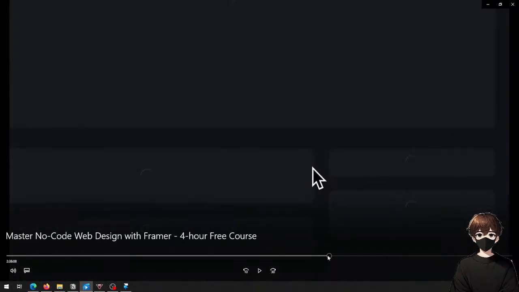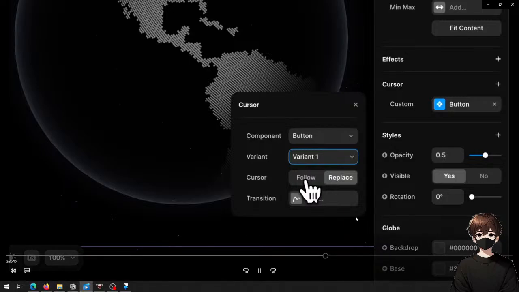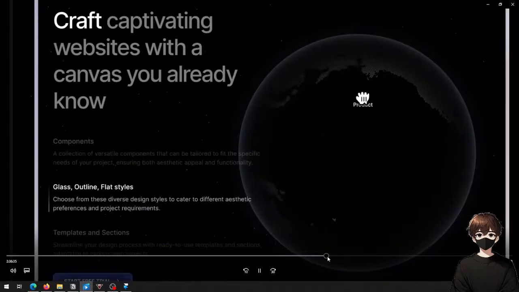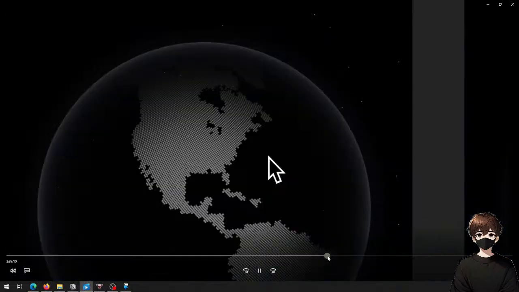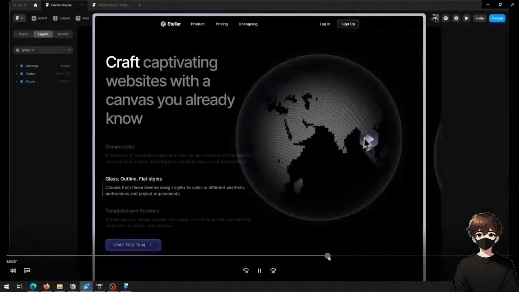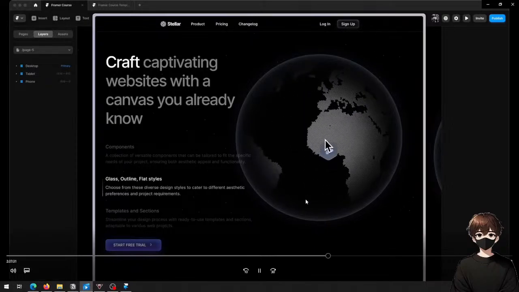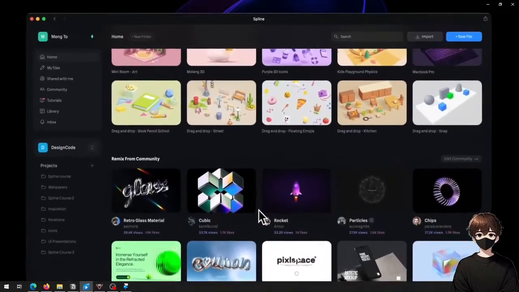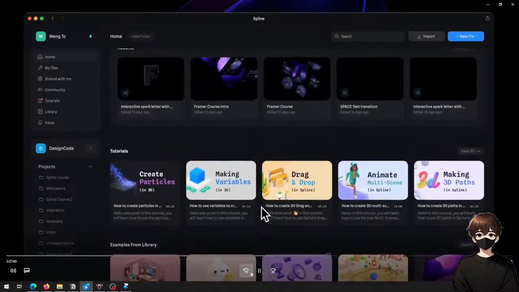Did you just skip again? And I can also make it follow instead of replacing. So let's do that. With this option comes with the globe. So this is pretty cool. And of course, in the UI we have this awesome cursor, which comes from the component that we just created. It's no secret that Spline is one of my favorite tools. It's easy to use and it reminds me of Figma. You can create really awesome